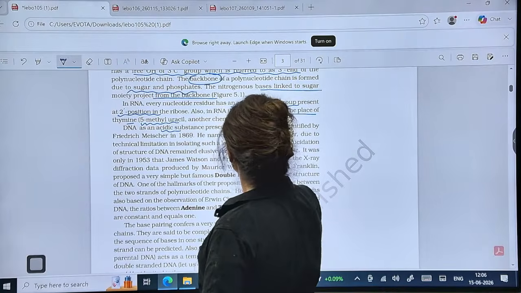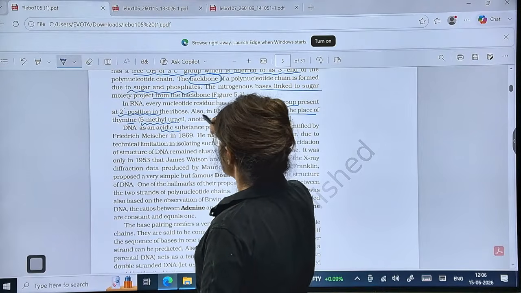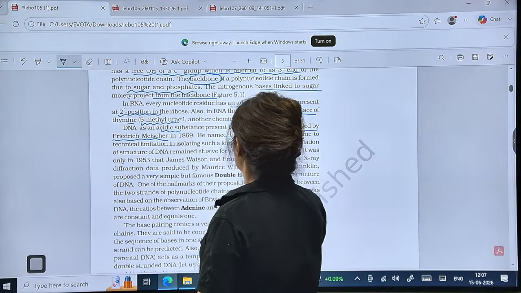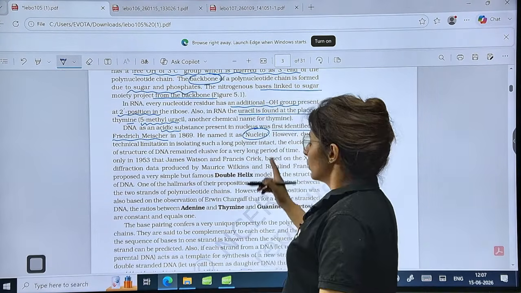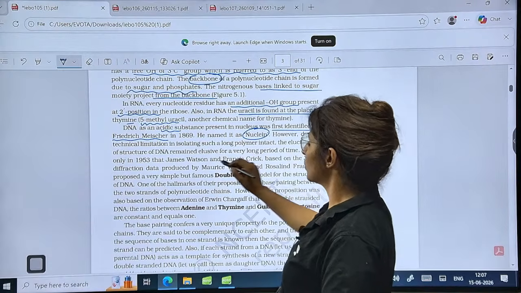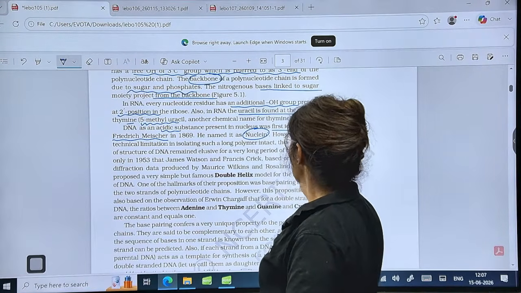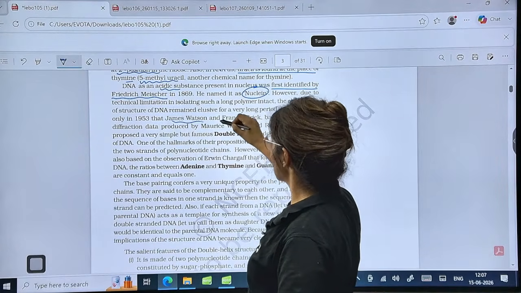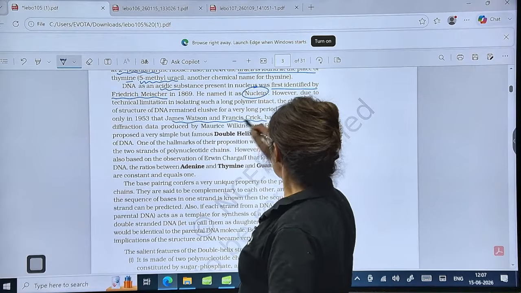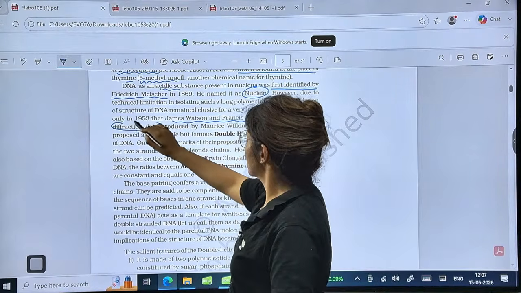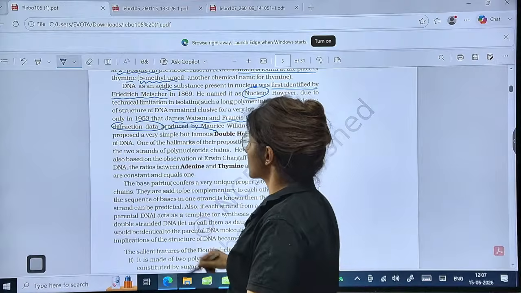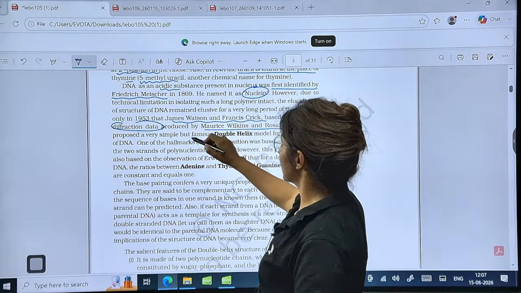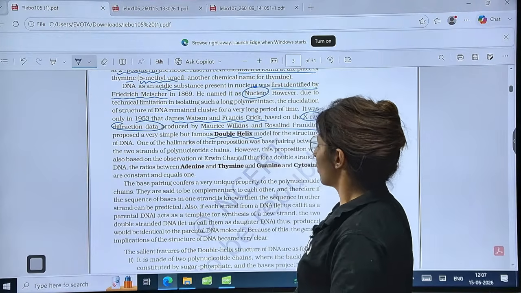DNA is acidic due to phosphoric acid, and the acidic nature was first identified by Friedrich Miescher. It was named nuclein. Who named it nuclein? Miescher. Then, due to technical limitations, the long polymer elucidation was kept for very long. Later on, in 1953, James Watson and Francis Crick gave, based on X-ray diffraction data, X-ray was done by Maurice Wilkins and Rosalind Franklin,